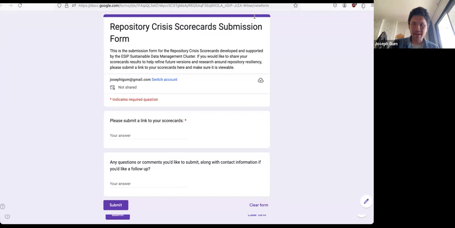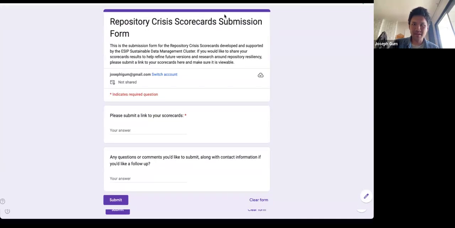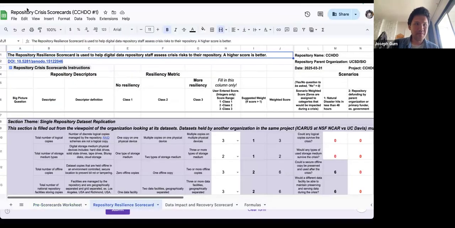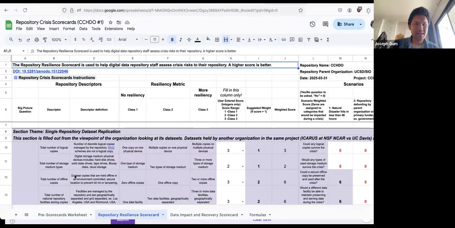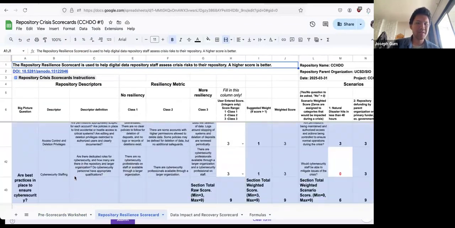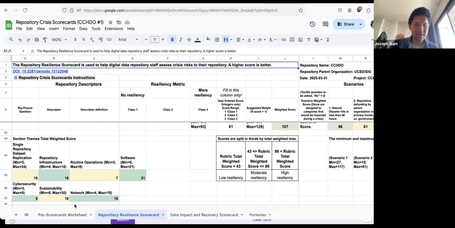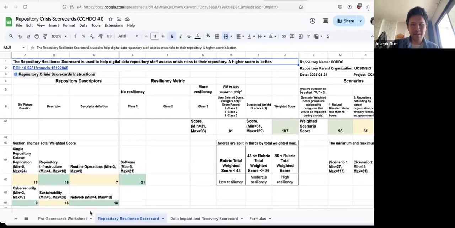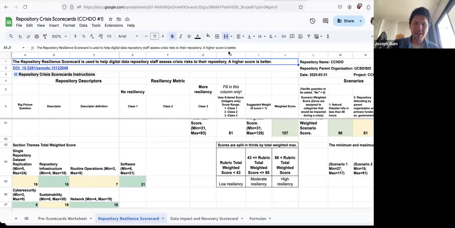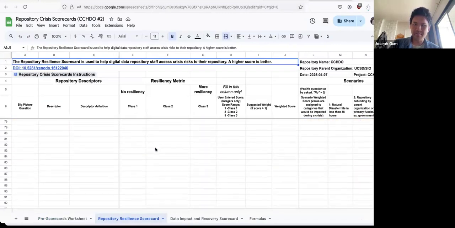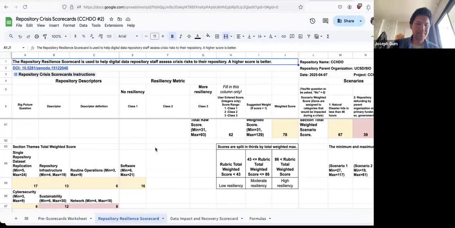I can show you that we actually have a couple of responses right now from some people that very graciously decided to help in filling this out while we're still developing it. And for one repository, 2 different people filled it out and they have very different scores. We had one that thought they were generally doing well, another one that thought they were doing not as well, which was a little surprising to me.